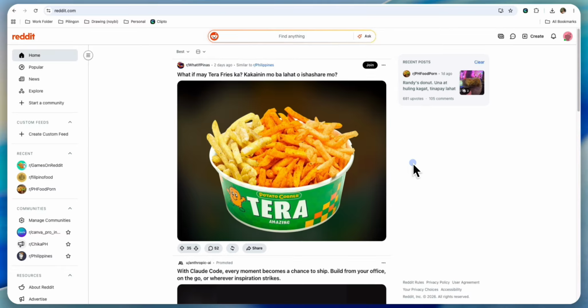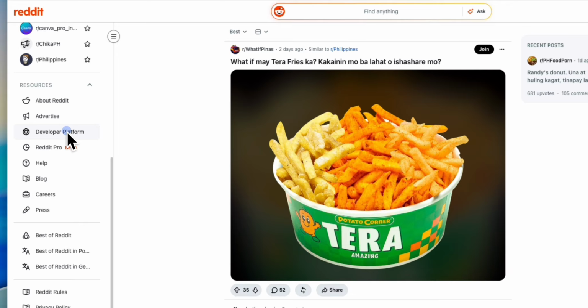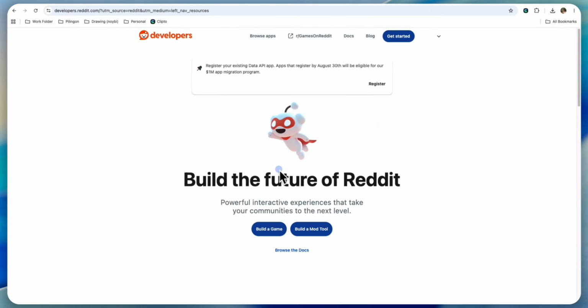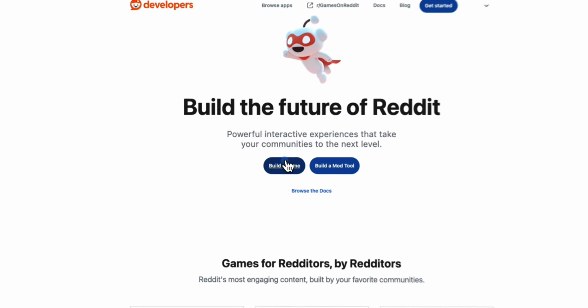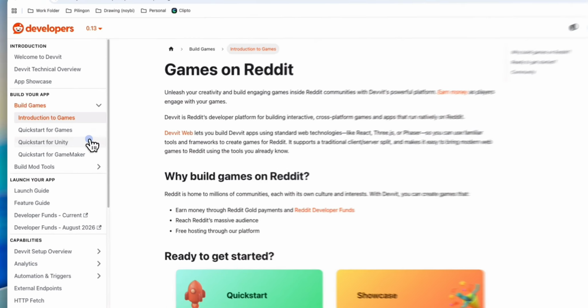So first, open up Reddit in your browser and scroll to the bottom of the page. Look for the developer option and click on it. You will then be taken to another page where you need to select build games. And once the developer page opens, click quick start for games, and from there scroll to the bottom